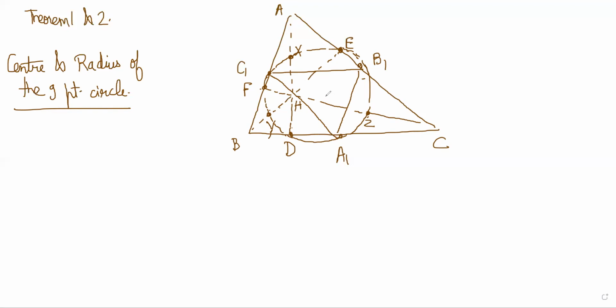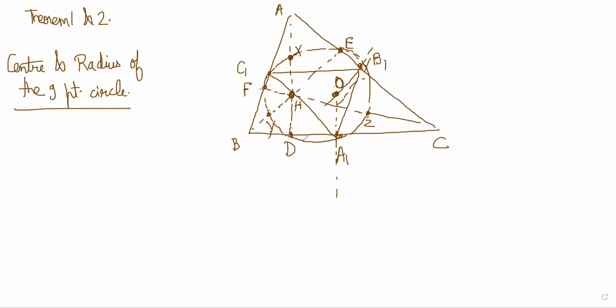So let's say O is the circumcenter of triangle ABC. The circumcenter would be from the perpendicular from A1 and from B1. This is O, let's say. And this is your orthocenter here. Then X is the midpoint of AH